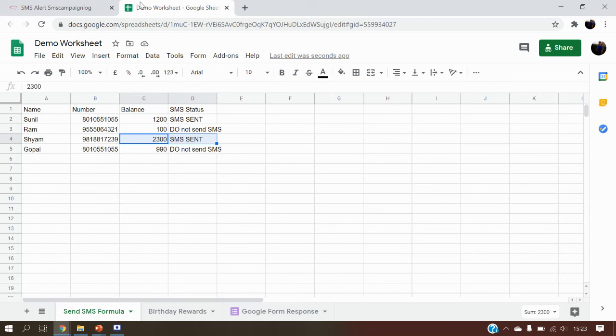So there are many use cases that this formula can fulfill, but there is a limitation in Google Sheets. Whenever you open your Google Sheet, the formulas are re-evaluated, meaning anything in the formula will be recalculated by Google. So the SMS will be resent when you open your Google Sheet. Keep in mind, wherever you use it, this condition will happen. SMS will be resent when you open your sheet if the condition matches, because the formula is executed dynamically every time. Thank you.